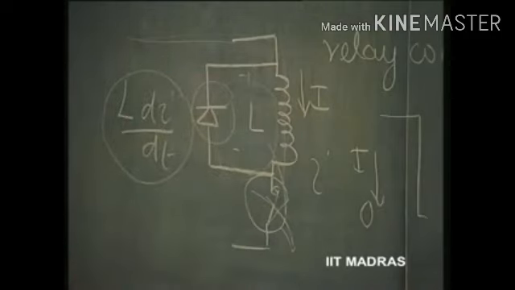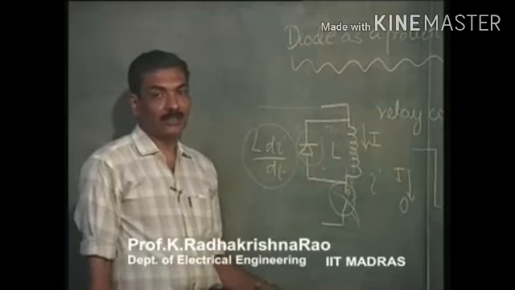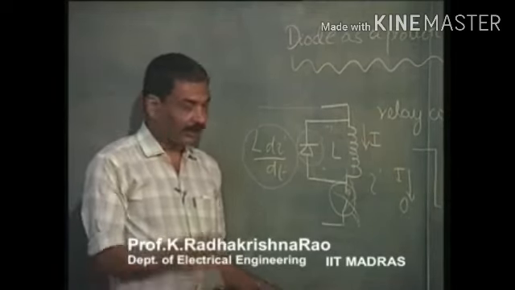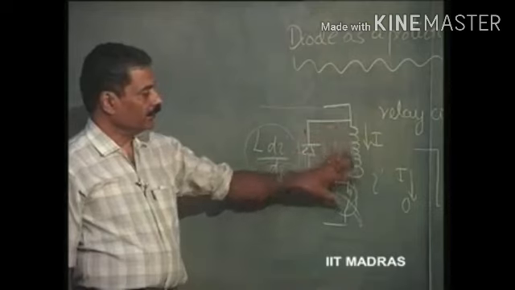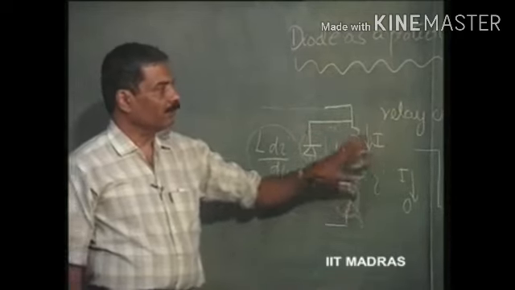So, this is a protective diode which is invariably introduced in almost all power circuits where there is an inductor and a steady current flowing through the circuit. So, this kind of application in a relay coil, to prevent the switch from getting damaged, is quite common in power electronics.